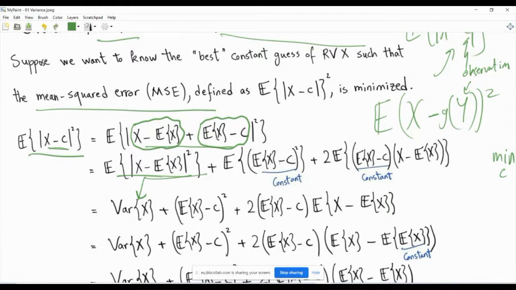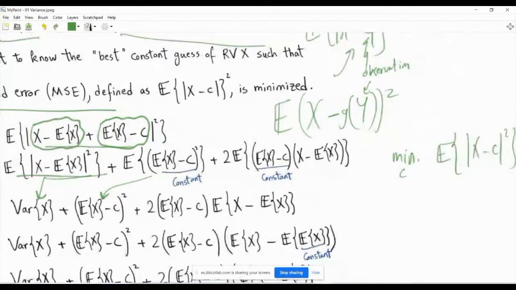And so basically, (E[x] - c) all squared is just a constant, and the expectation of a constant is the exact same constant. So this thing is here: (E[x] - c) all squared. Now we have the product of the two terms, multiplied by 2. So let's do this. Here is one term, which is x minus expected value of x. And here is the other term, which is E[x] minus c.